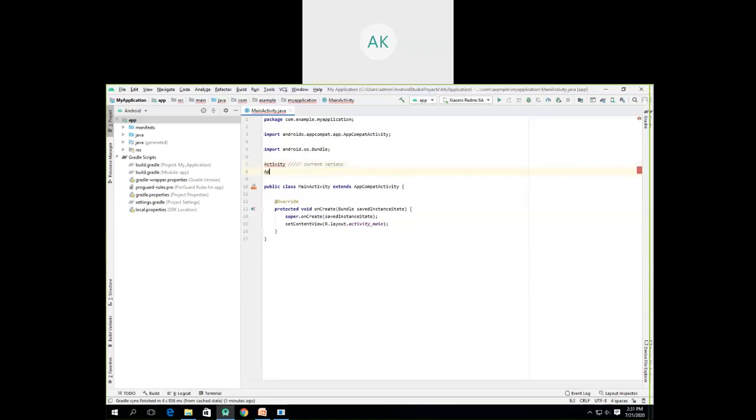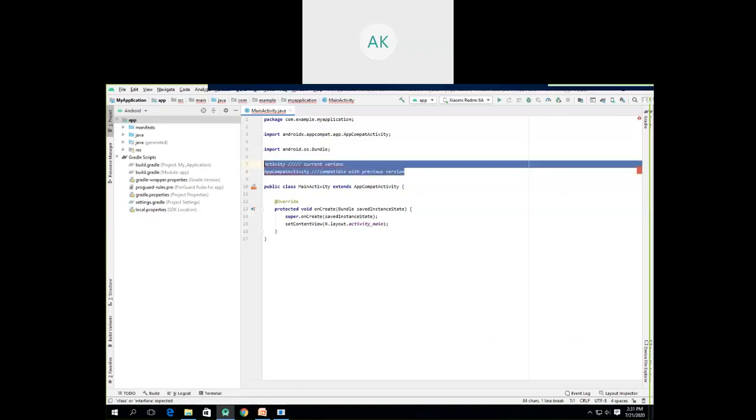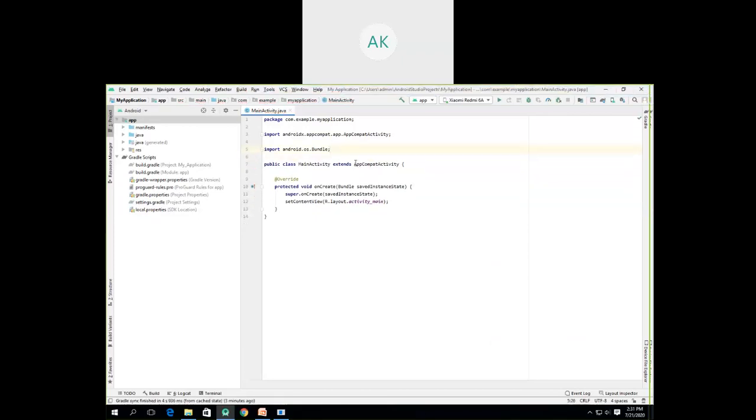But if I use AppCompatActivity, it is compatible with previous versions also. That's why this particular activity class is called AppCompatActivity. Compat stands for compatibility, so it provides you the compatibility.